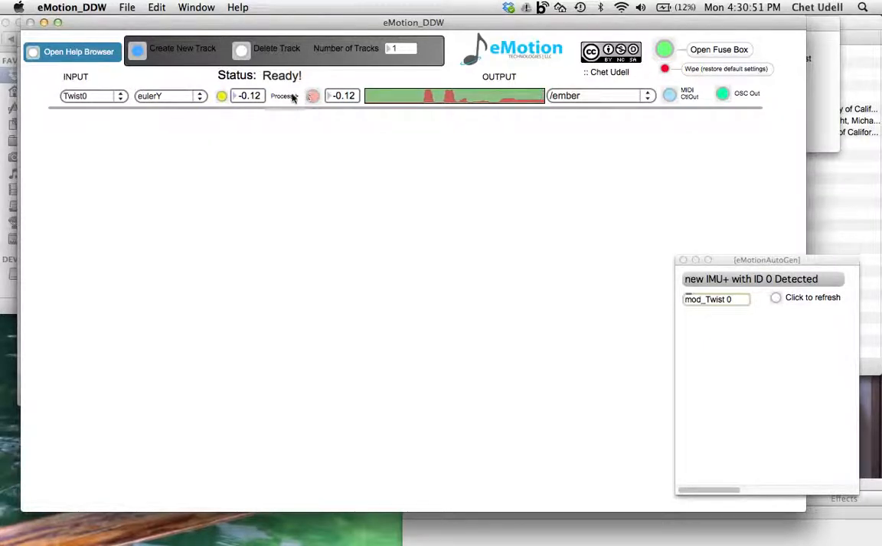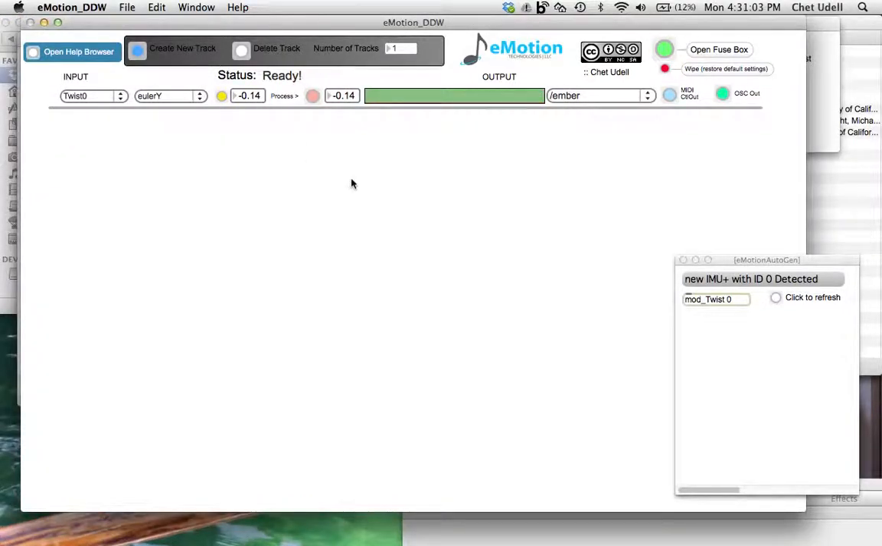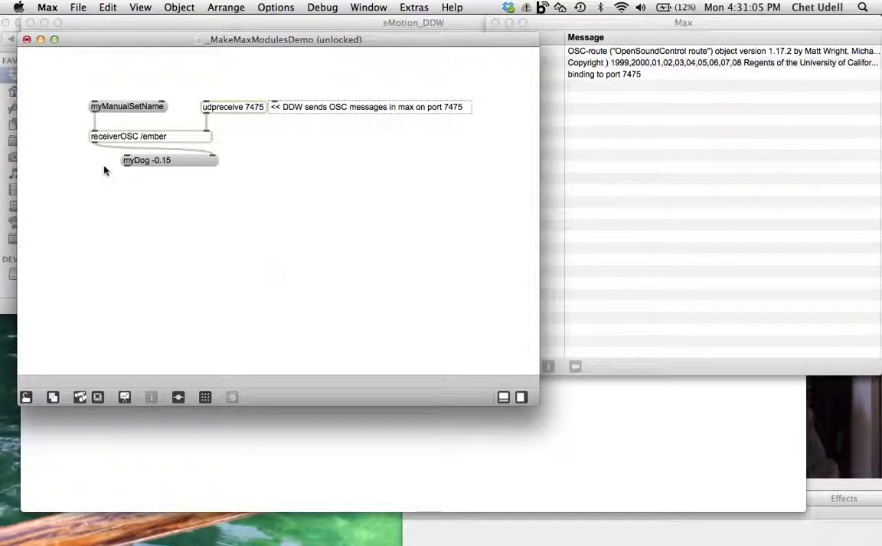That's perfectly fine. I'll just go to Process and change my label to something called "my dog," right? Because my dog is... now you'll see in Max I'll have a little prefix called my dog and the data. And if I want to unroute, this is actually useful, right? Because now I can do